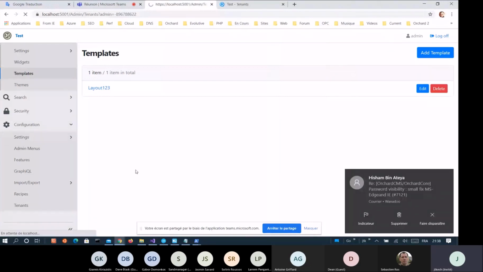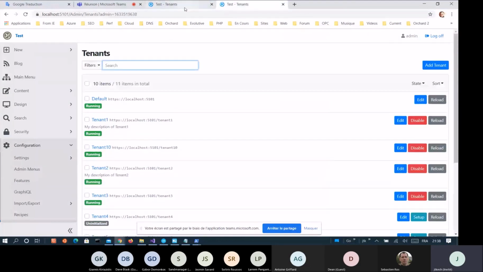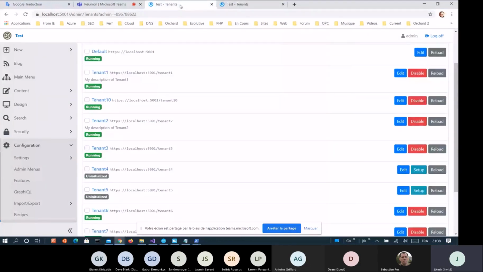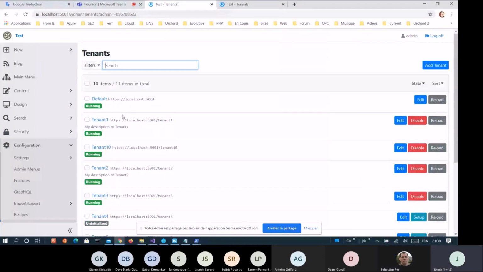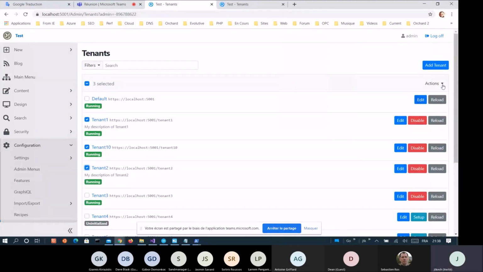Okay. So here, it's not very demonstrative because if you open two windows of the same instance, you will see the same things, but it's not the same port. Okay. So first thing, I will do this one, and this one. I will disable them. Okay. I will refresh this one, and I can see them disabled. I will re-enable it.